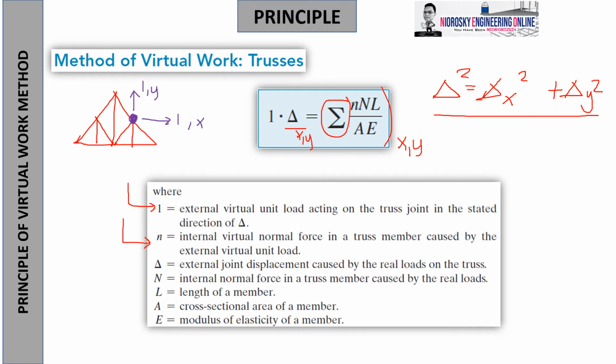Okay? Ang sinasabi lang ng small n na to is you are to apply a unit load based on the joint that is being asked. Depende kung horizontal ba or vertical or yung resultant. Okay? Ito yung resultant, yung delta squared. Okay? And then, para makuha yung small n, you apply 1 unit load and then proceed with the method of